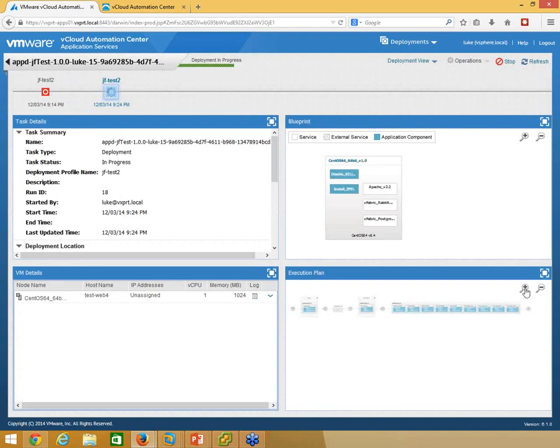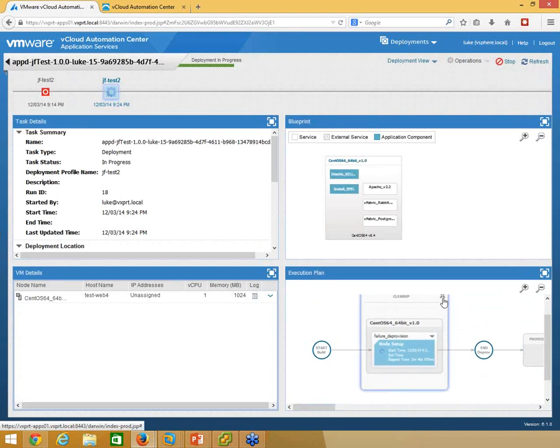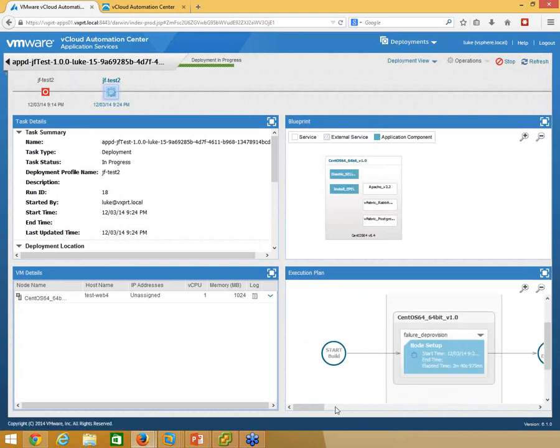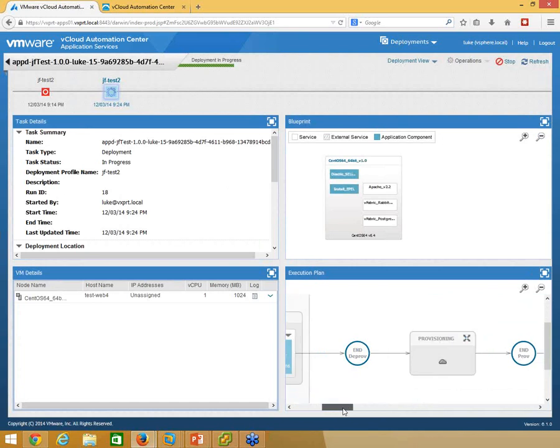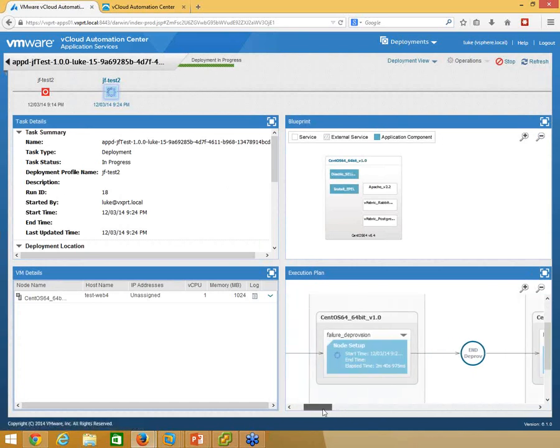It is a pain, by the way, to go in and fix the database. I spent many hours doing that. I got it finally to work, but it would have been quicker to actually redeploy within VCAC than to deal with the database. Probably. Yeah, so it looks like it's trying to deprovision my virtual machine, which it seems to be fairly unsuccessful at,